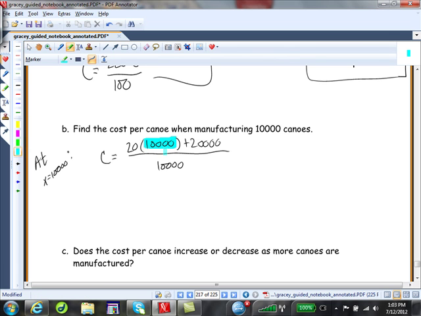So this is what I plugged in for x. And we'll get C is equal to, so 20 times 10,000 is 100,000. So we'll get 120,000